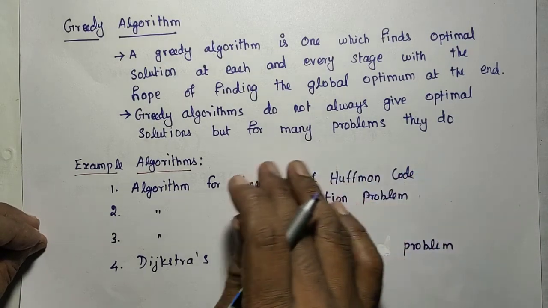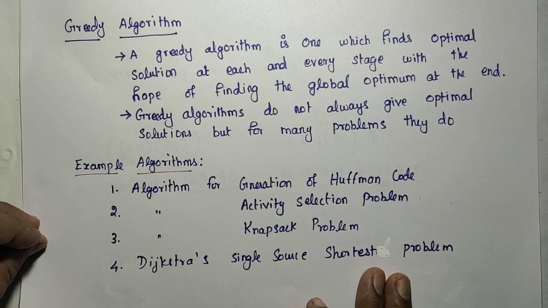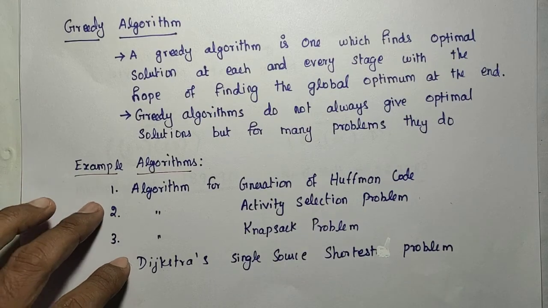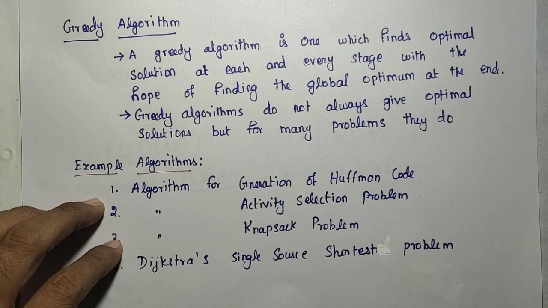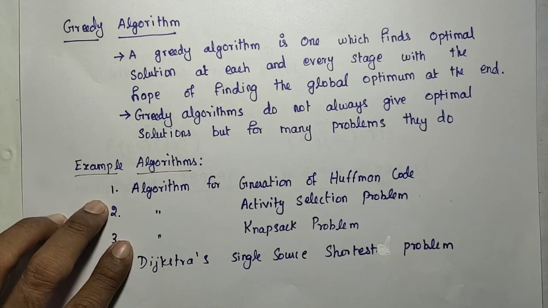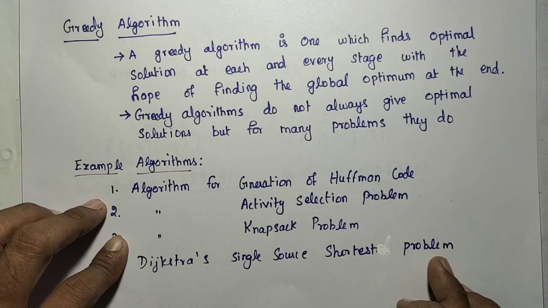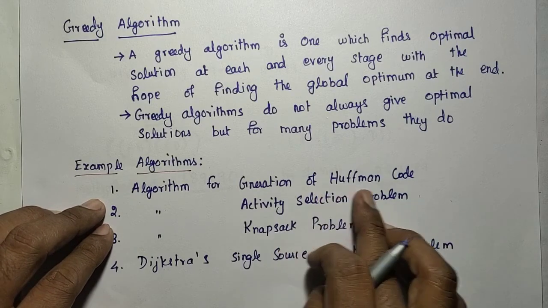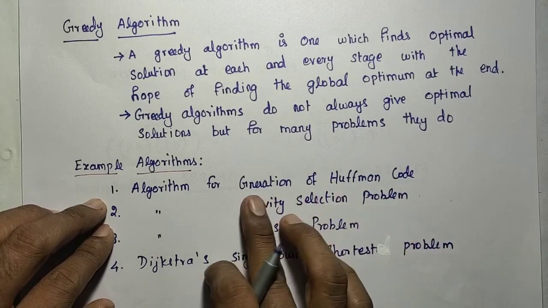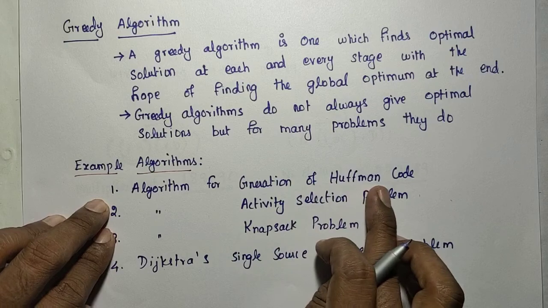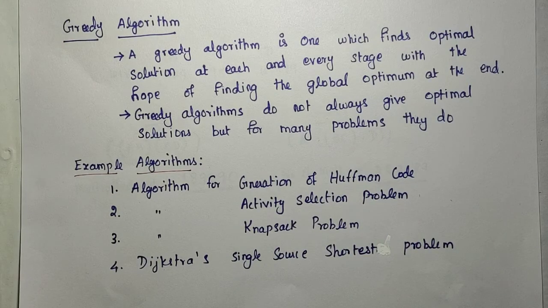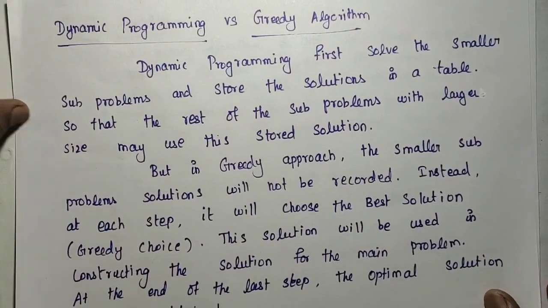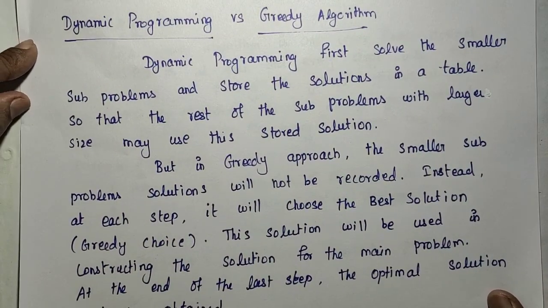So these are some example algorithms for greedy algorithms. Okay, so we'll see one or two examples from this. The single source shortest path we already discussed. We'll discuss the Huffman code algorithm, the algorithm for generating the Huffman code. So that we'll discuss. The next one is comparison of dynamic programming with